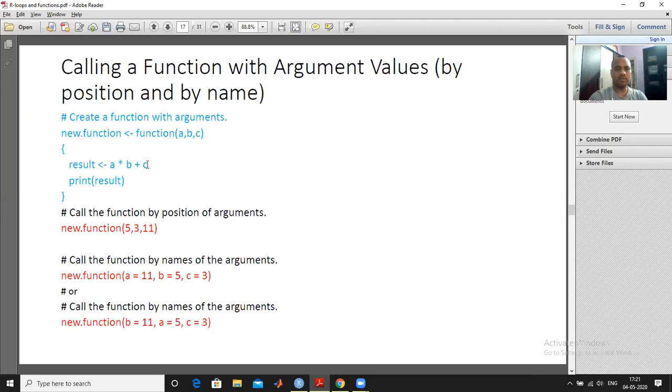It executes the task a star b, meaning it computes a into b plus c, and that is stored in a variable result, and you have to print the result. So this is a variable which is stored in the result variable, and that result will be printed using print.